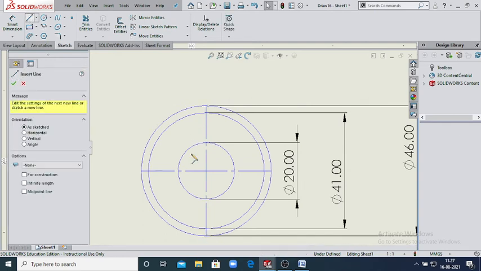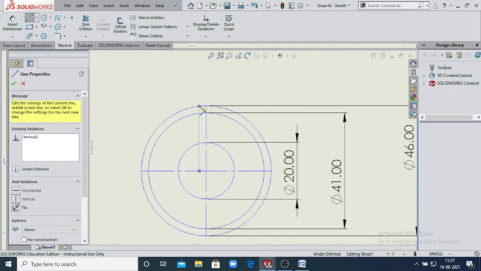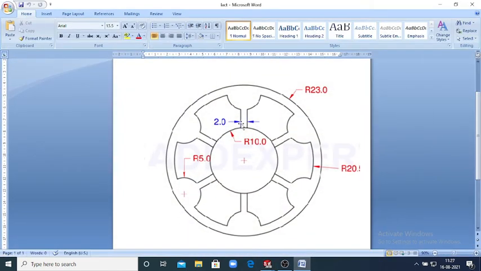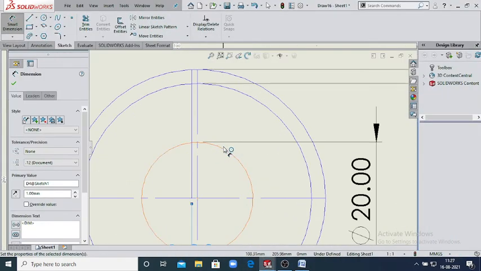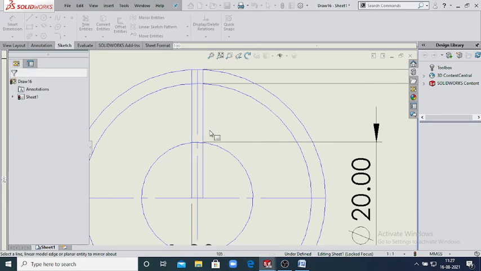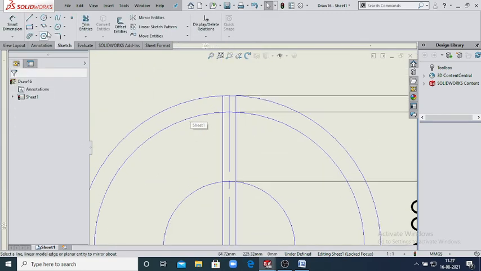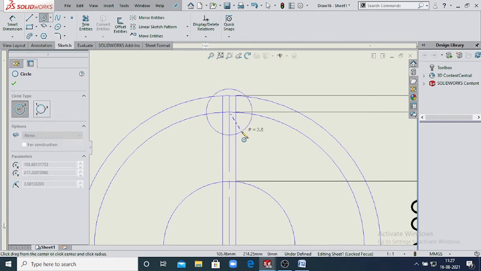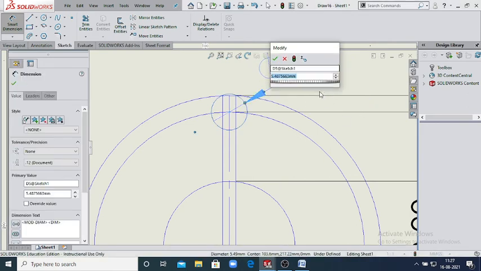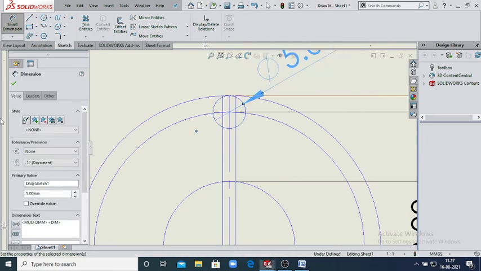Then draw one line from this point to this point, and the distance from center line is your 1 mm, because this one is your 2 mm. From the center line it will be your 1 mm. Now again mirror entities, select this line and mirror about the center line like this, and right now it will be 2 mm. Then again draw the circle here like this, and the dimension of this circle is your 5 mm. Click 5, then OK.